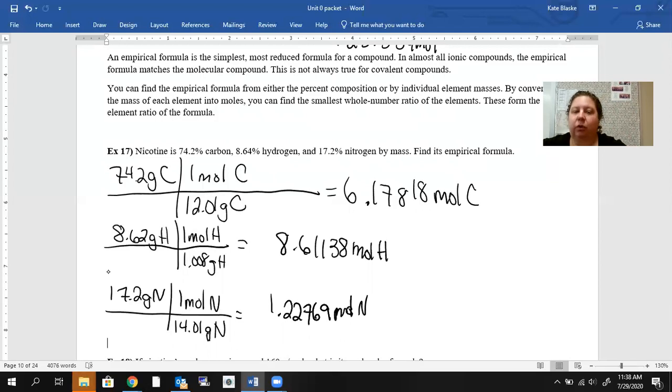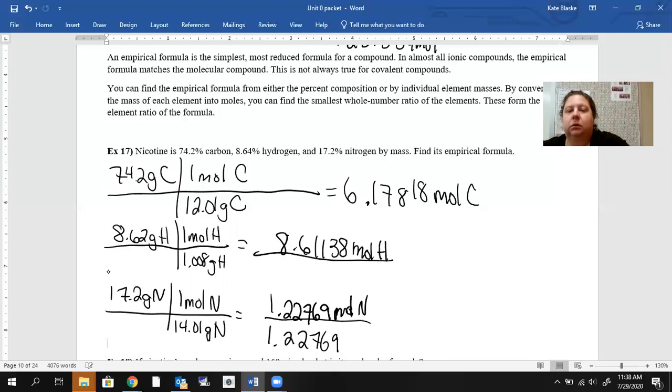To be able to get to a formula, we need whole number ratios. That's how atoms combine. Atoms always combine in whole number ratios. So to get the whole number ratio, we take these moles, we find which one is the smallest, and we divide all of them by that smallest. That means that we're guaranteed to have one atom that's a 1, and the other ones will scale up from that. So if I divide everything by this